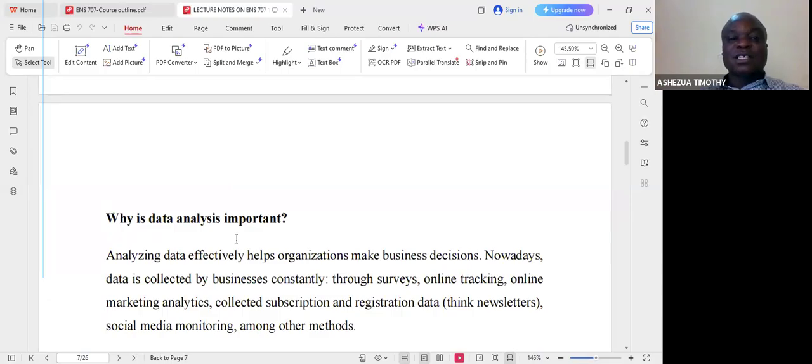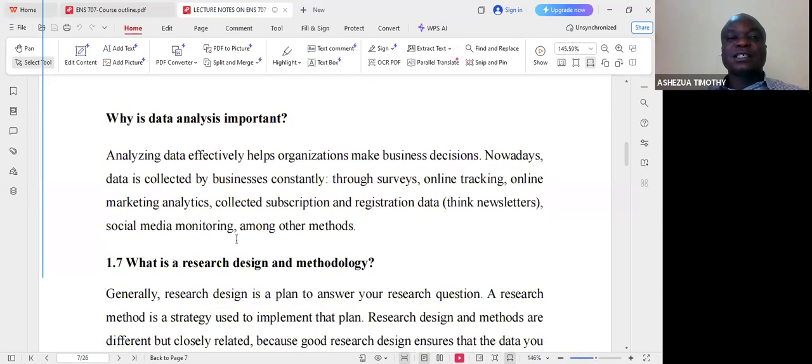Why is statistical analysis important? Analyzing data effectively helps organizations to make business decisions. Nowadays, data is collected by businesses constantly through surveys, online tracking, online marketing analytics, collected subscription and registration data, newsletters, social media monitoring, among other methods. So data analysis is important in the sense that it is through data analysis that